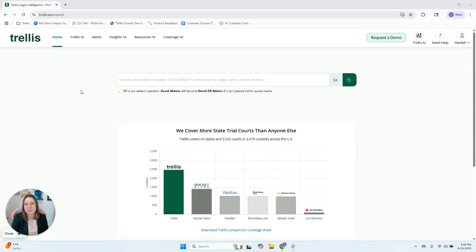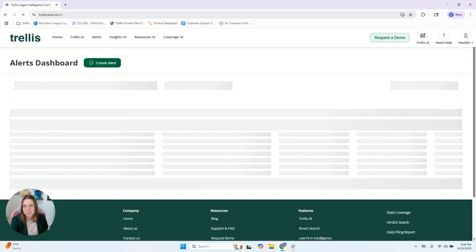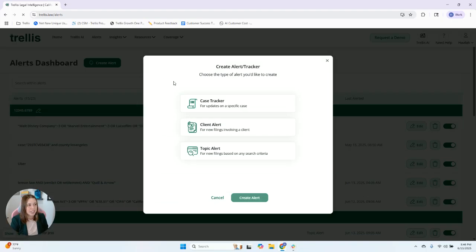And how do I set up alerts on the Trellis Law Alerts dashboard? First, to access, click on Alerts in the top left-hand side of the screen for your name and then Alerts. This will take you to your personalized Trellis Law Alerts dashboard. Once we're here on the dashboard, we can hit Create Alert, and there are 3 types of alerts we can